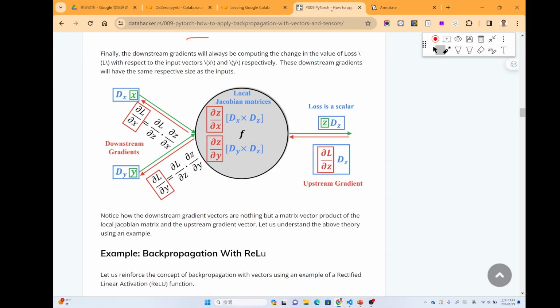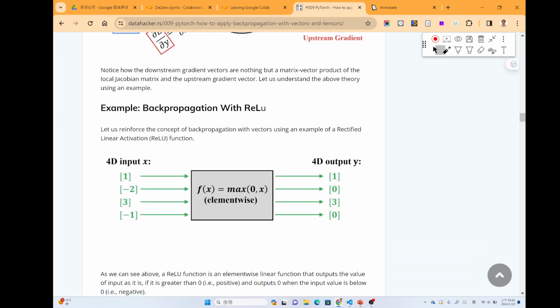So the only thing we need is the Jacobian matrix. We can use ReLU as an example.